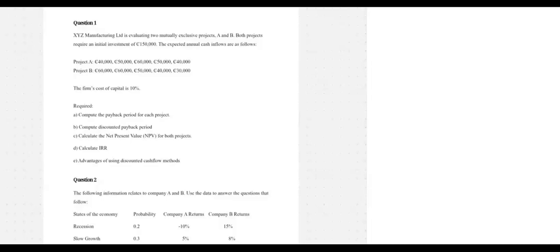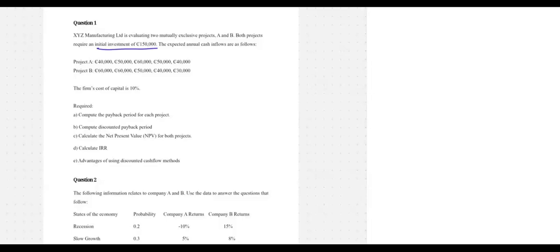So now with the explanations out of the way, let's start with the computation. It says XYZ Manufacturing is evaluating two mutually exclusive projects, A and B. Both projects require an initial investment of 150,000. Good. So whenever we say initial investment,